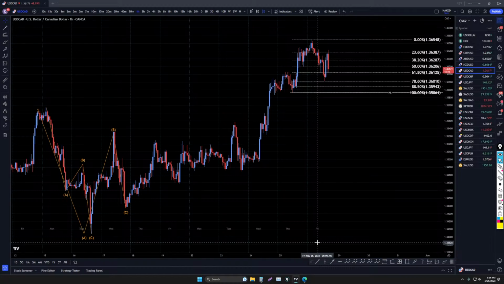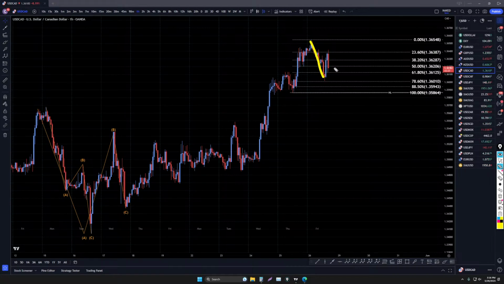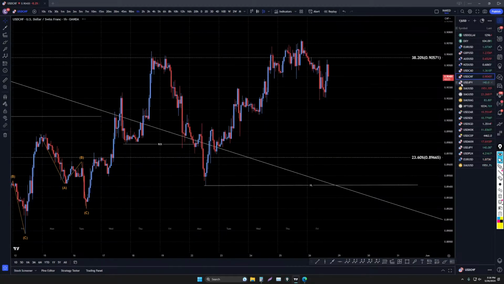US dollar Canadian. Yeah, that one's really struggling. I don't know. We'll see if that ends up being good or not. It still ain't really invalidated anything. But like people say, Friday is a profit-taking day, and the dollar's been going up all week, so it doesn't surprise me that the dollar is pretty well done with its uptrend. US dollar Swiss, kind of the same thing. It made a little bit of a double top.